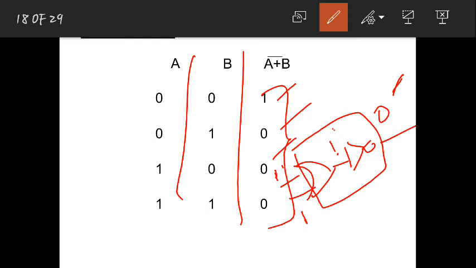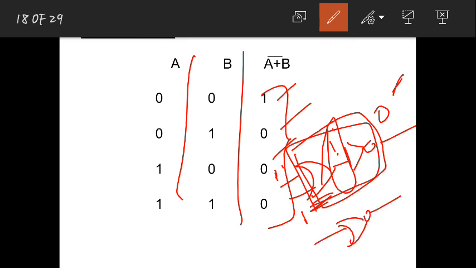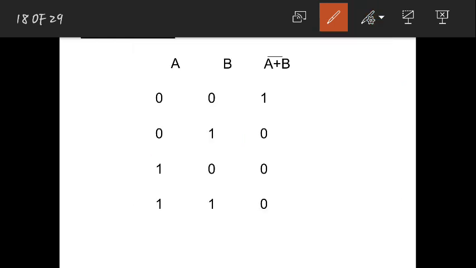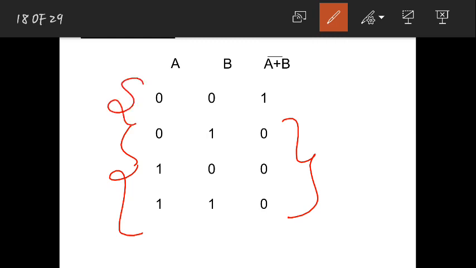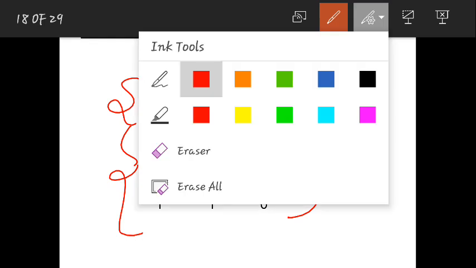If we write for an OR gate, that is different. This is the output we take, because this is the OR gate, but this is the NOR gate. NOR gate means the symbol is in this way. Now according to this NOR gate, I can define it: if any one input is equal to 1, then the output is always equal to 0, else 1. If both the inputs are equal to 0, only then the output is equal to 1, else the output is 0. So you can define it in either way. The definitions are just the opposite of the OR gate. For the NAND gate, the definition is the opposite of the AND gate. These are the definitions you can write.